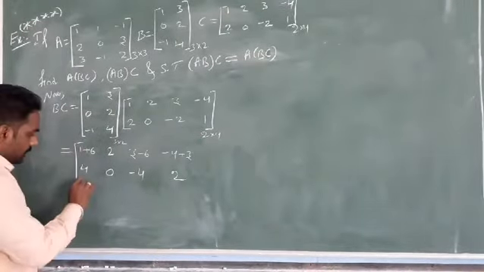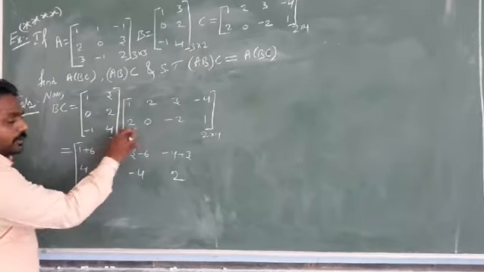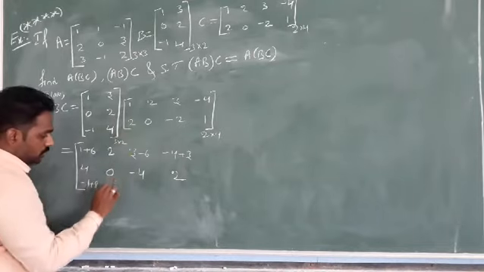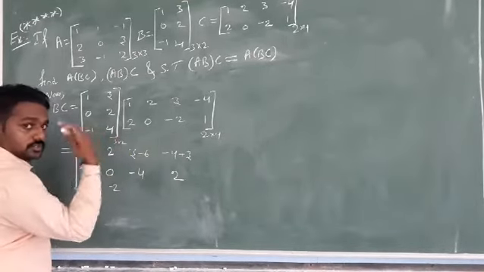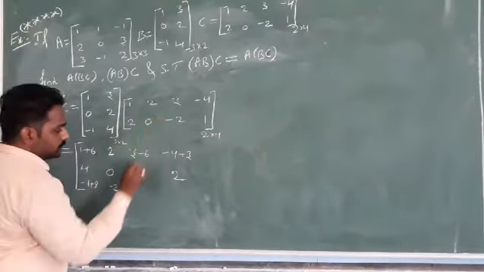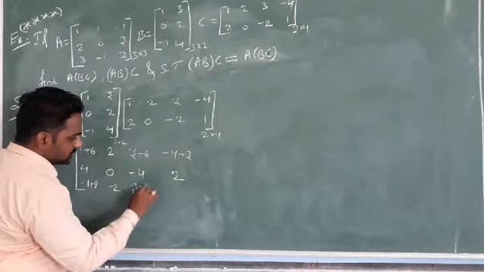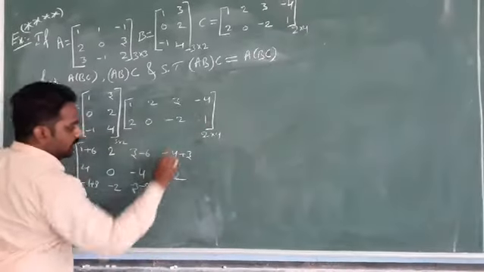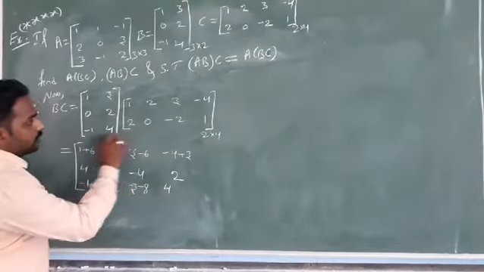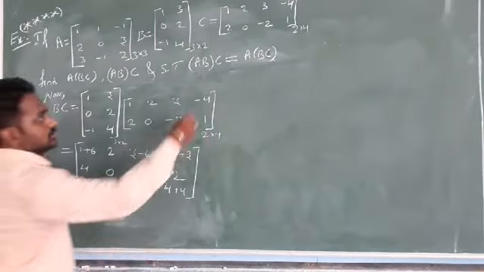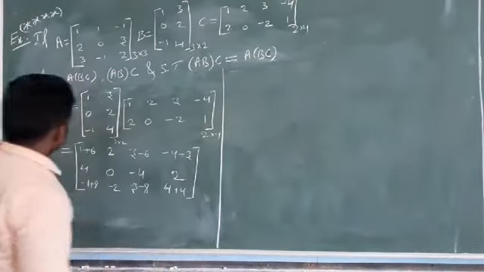Minus 1 into 1, minus 1. 4 into 2, plus 8. Minus 1 into 2, minus 2. 4 into 0, it is 0. Minus 1 into 3, minus 3. 4 into minus 2, minus 8. Minus 1 into minus 4, plus 4. 4 into 1, plus 4. So, the product BC